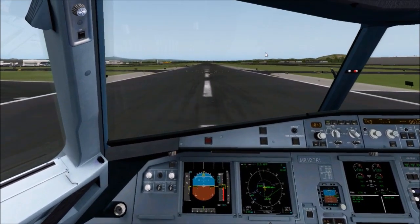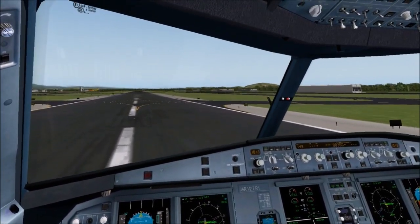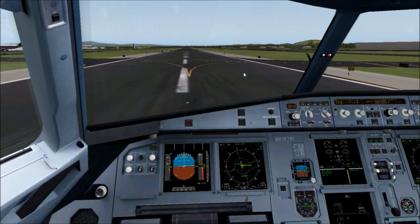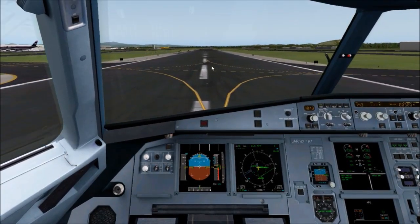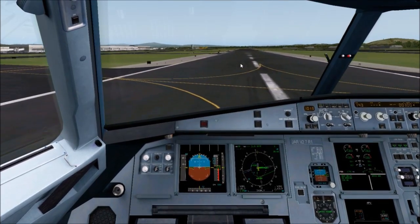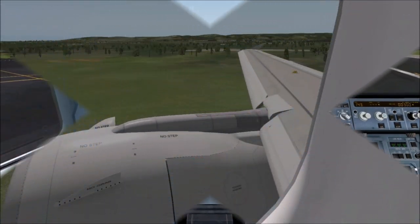Alright, let's brake a little bit more. And we can go ahead and start up our APU. Probably one of the better landings I've had with this plane. The other ones are just awful and I bounce it. It just takes time to practice though, so. Alright, just gonna pull out here. I'm going to do the replay and then